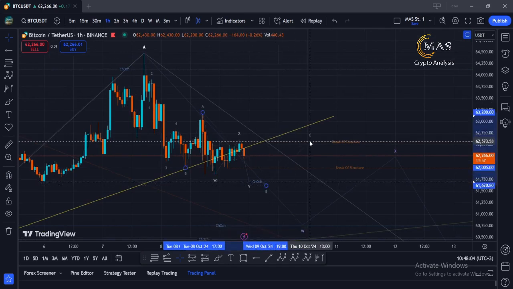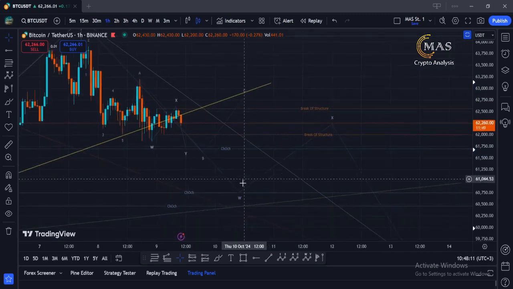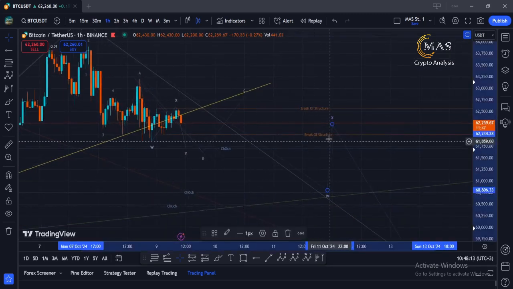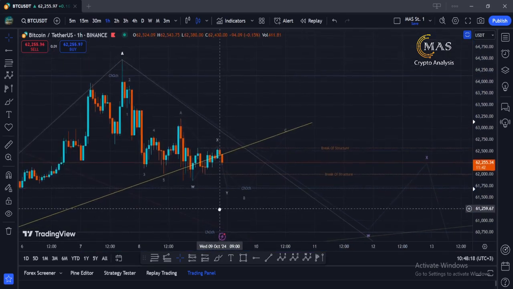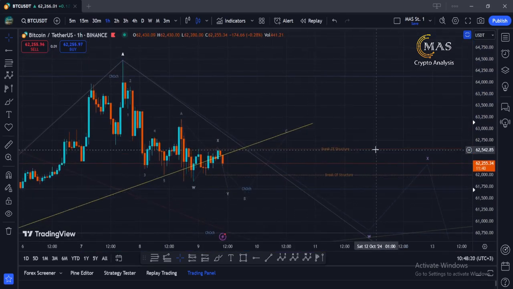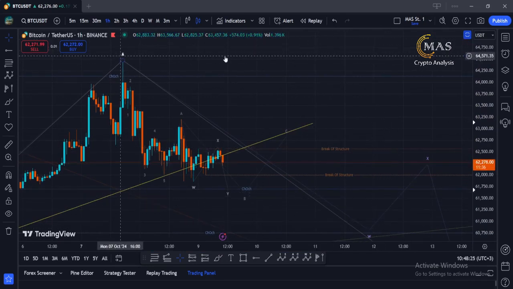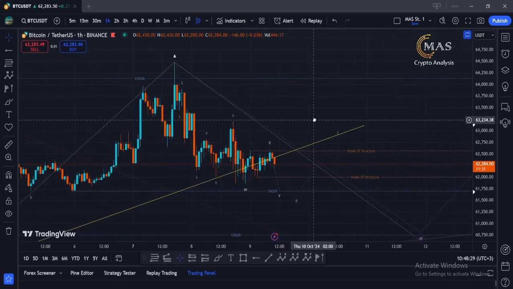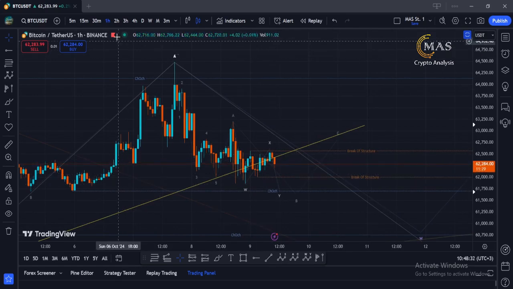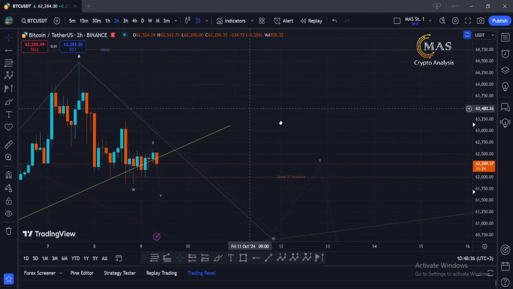Then we will watch this gray C here, my friend, to end this running flat pattern maybe, and go for this down to extend this purple W, or maybe I will end this white B here. Then we will watch if we go to create purple X and go down, or maybe go for this high to end this white C in this high. Until now here, my friend, I am waiting to see what we will have, and I will update you with these levels only here in my recording.